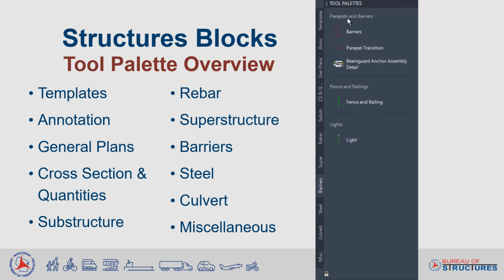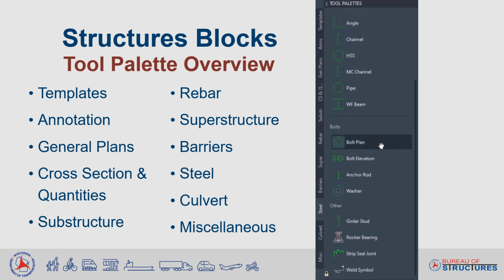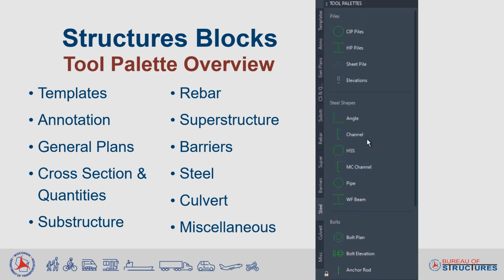The barriers tab has a block with all the different barriers used on bridges, including temporary barriers and railings. And then we also have railings on top of parapets in the fences and railings block. The steel shapes tab just has a variety of different steel shapes. Most of these blocks are dynamic, so you pick the HSS block, for example, and you can select any size of HSS shape. And the culvert